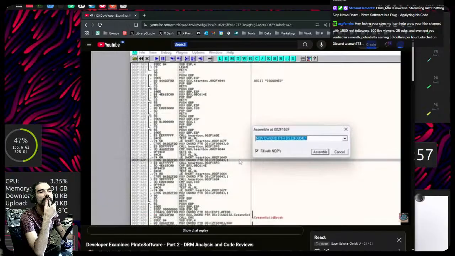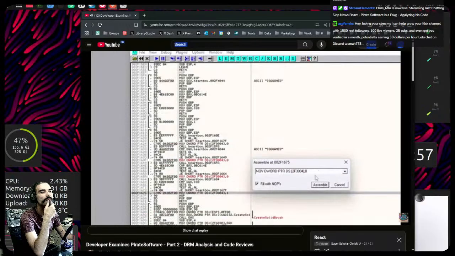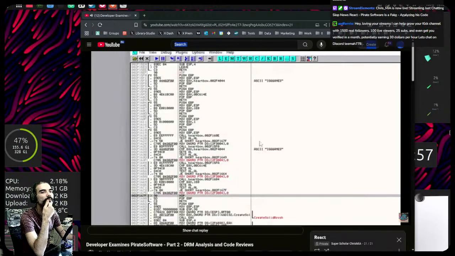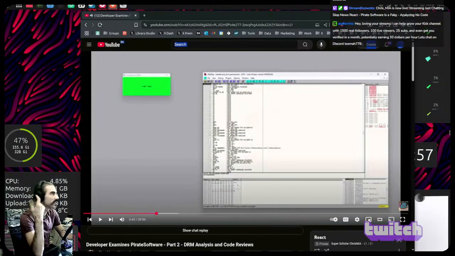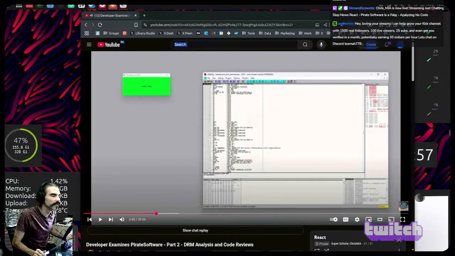Now, since we already know this is the DRM function, what happens if we change the values in those lines below to 0? With all that changed, let's try running our little application again, and we've successfully cracked the DRM, since now the pirated game variable at every point in our program code will always report back false. So basically, you just flip the values to the numbers, right?